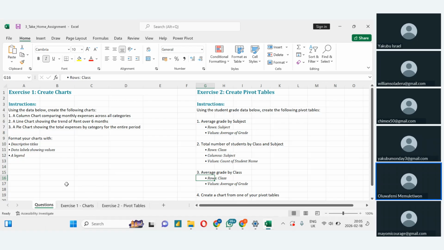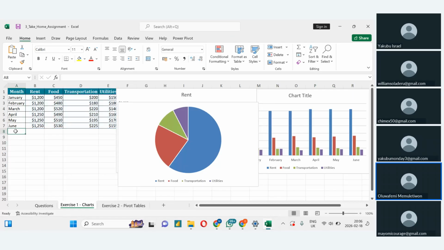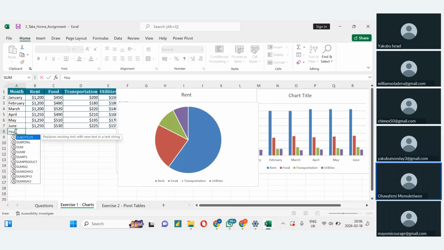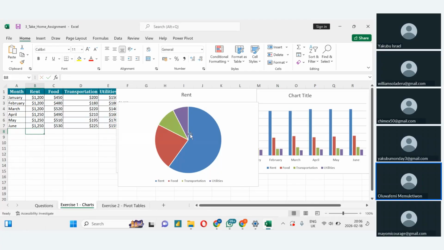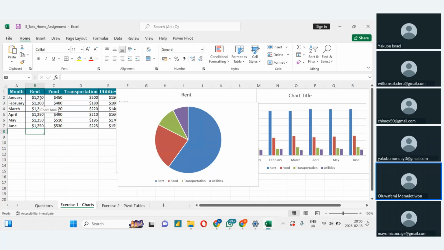Now, the question said the pie chart should be showing the total expenses by category for the entire period. So the main thing about this question is first step, you come here and find the sum. Please understand, I'm just showing you how you change this to that, okay, it's rent you want. But what the question is telling us is that he wants to see the total expenses by that category. So which means it's giving us the summation of January to June. So we come here and do equals to sum,